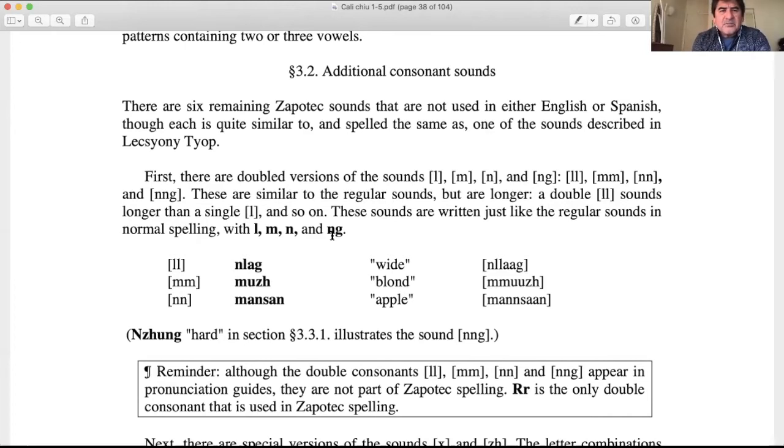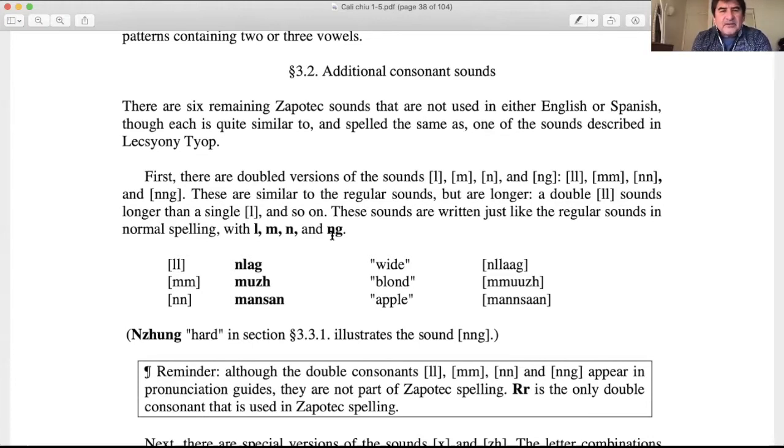It is the same with the consonants. So when you see two L's, such as nlach, it means that the L is pronounced a little bit longer. Or with moosh, the M stays a little bit longer. So you close your mouth and hold it for a few seconds more to have that double M